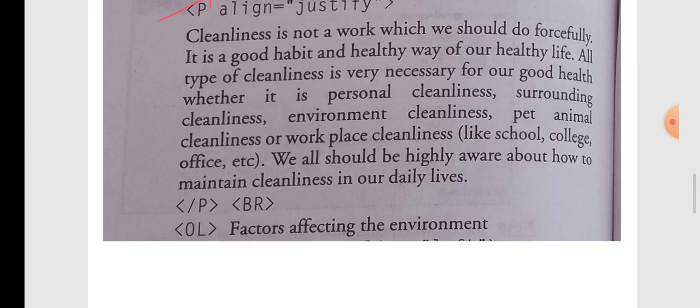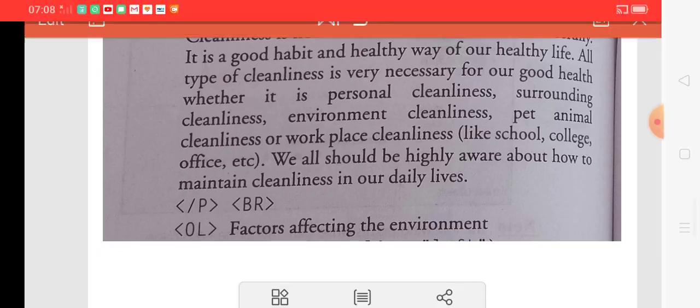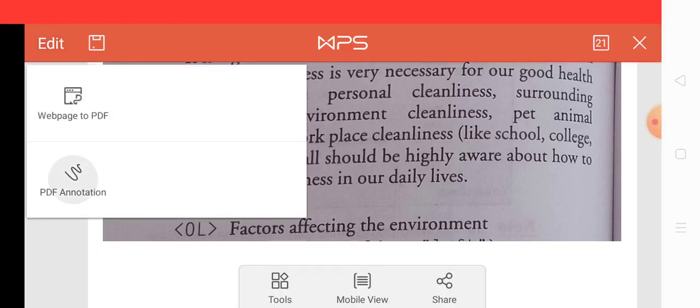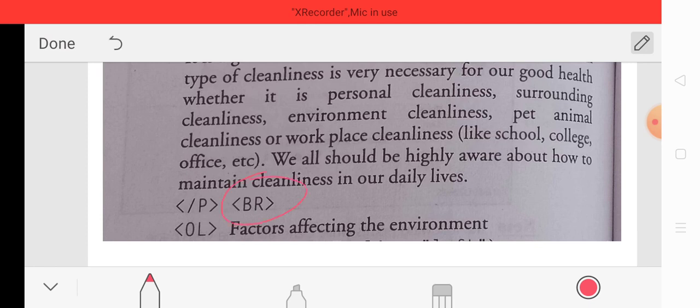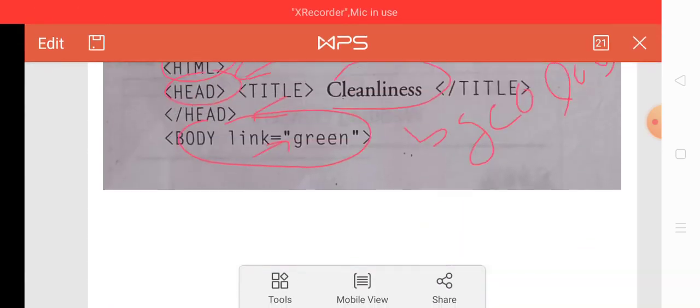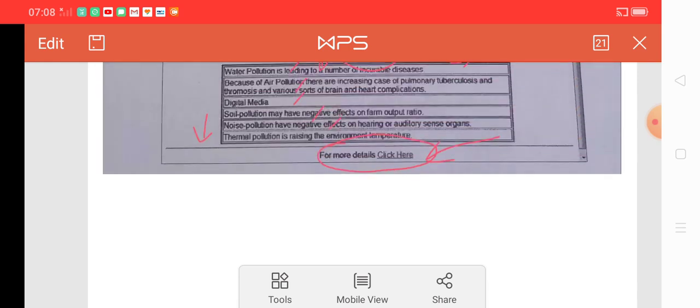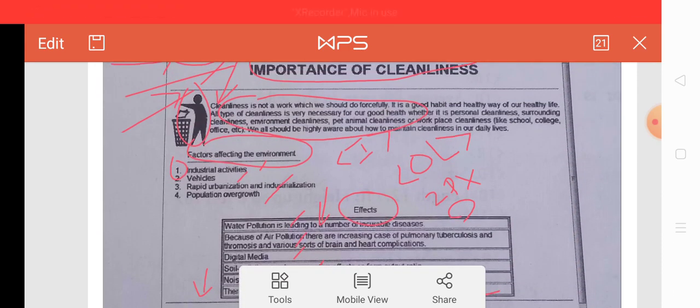And after the paragraph there is a space between the paragraph and the list, so we use the br tag. The br tag is basically used to separate the paragraph from the list in this program. Let us see in the web page.